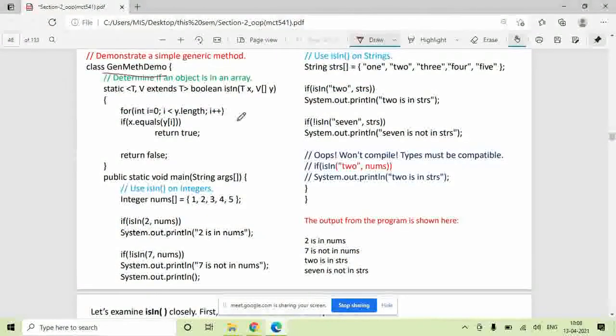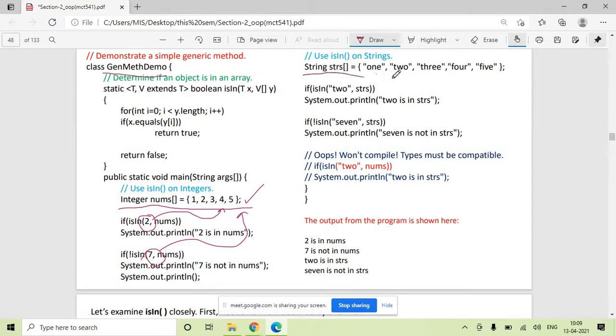The logic we are trying to implement in this program is, first we will create this integer array, and we will search whether the integer 2 is present in this array or not, and whether integer 7 is present in this array or not. This is the target, this is what we want to search.